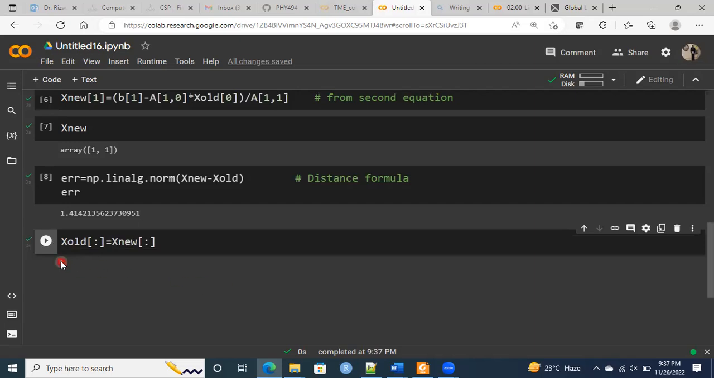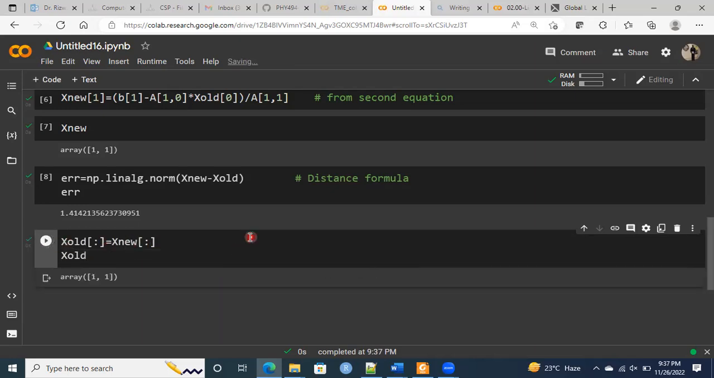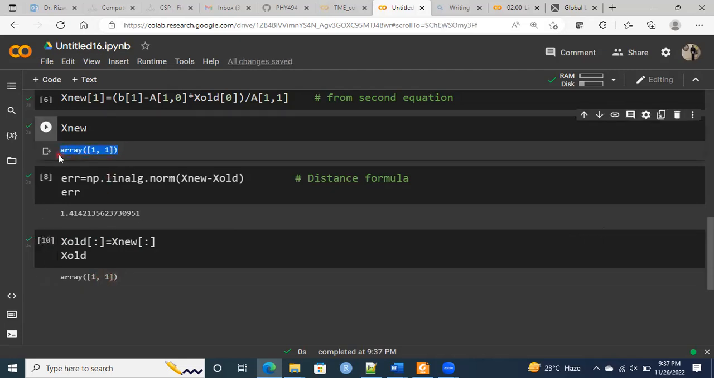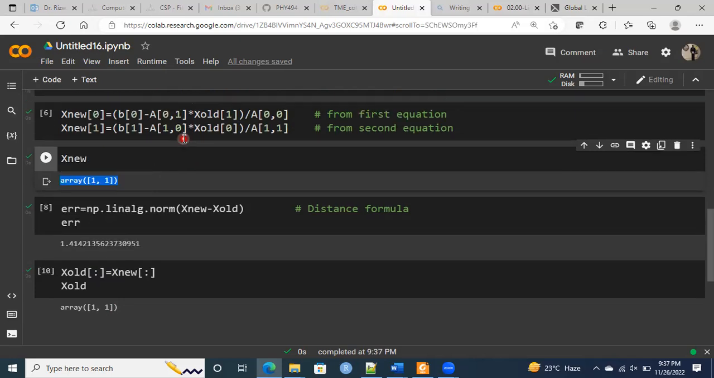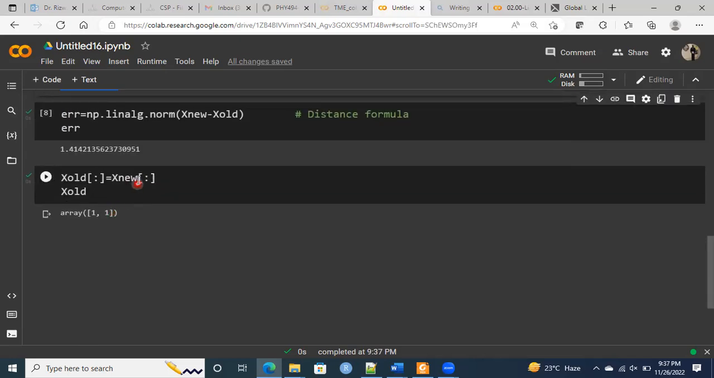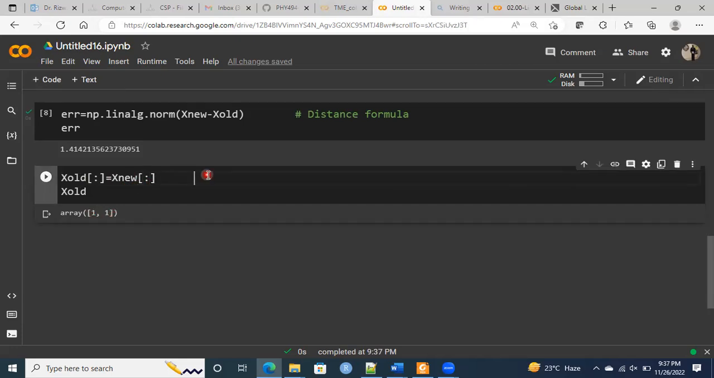So there is no error. Let me now check the x old value, whether it has been updated or not. X old has been updated, since the values of X new computed from the iteration have now been set to the old guess. So this step in the algorithm is known as update the initial